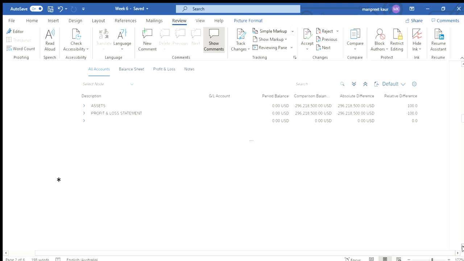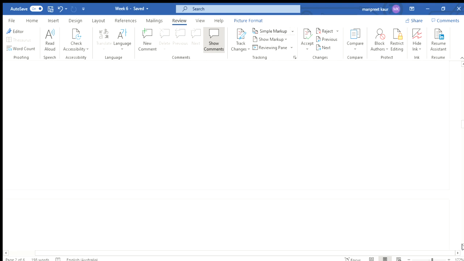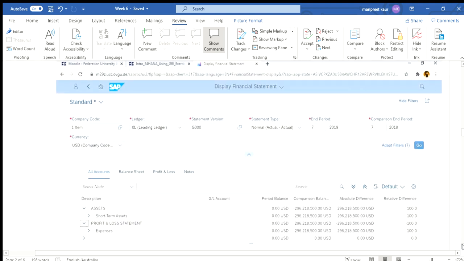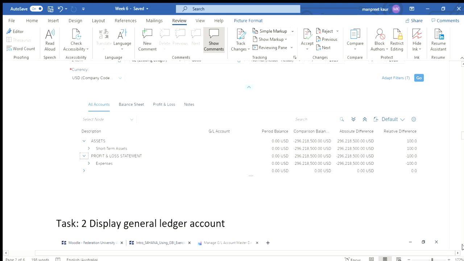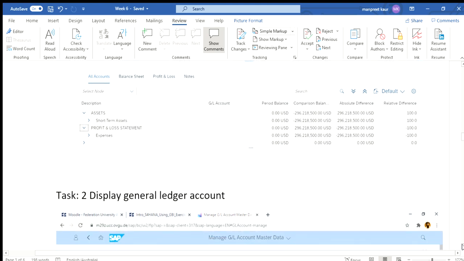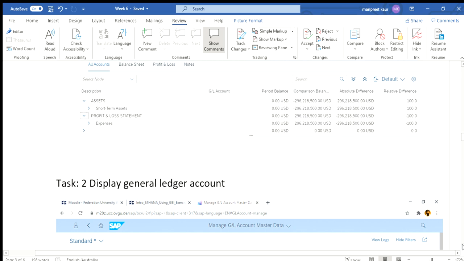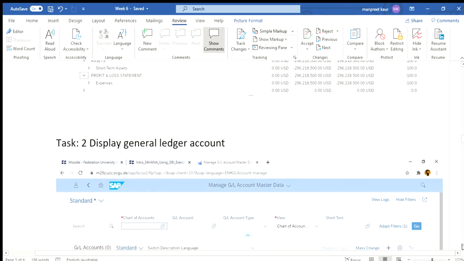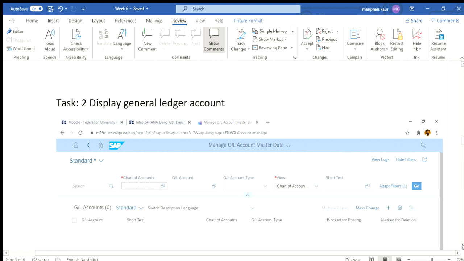When we click here, we will get some extra, detailed information about these. So that's all for task 1, and next is task 2, display general ledger account.